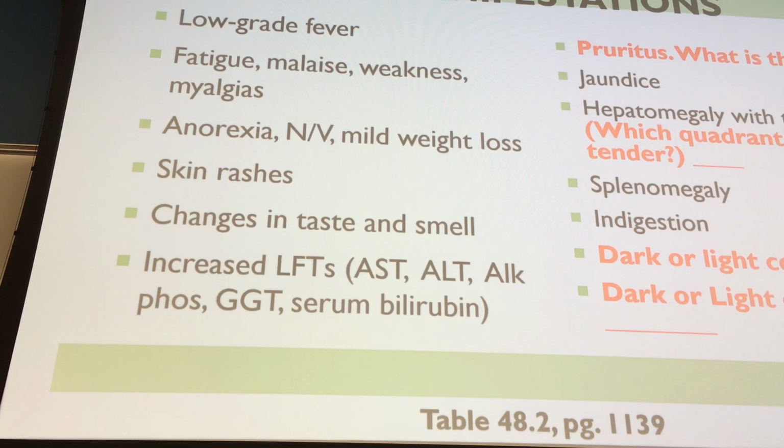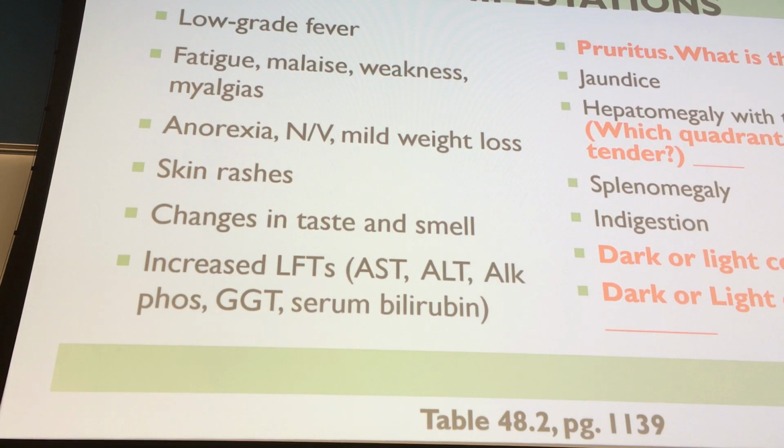One of the manifestations that seems to puzzle a lot of patients is pruritus. What's that? Itching. Do you know why they're itching? The bile salts accumulate under the skin. Yeah, the bile salts accumulate under the skin. So you're gonna have a lot of patients that are just itching like crazy and they don't quite know why. Okay? Spleen enlargement,